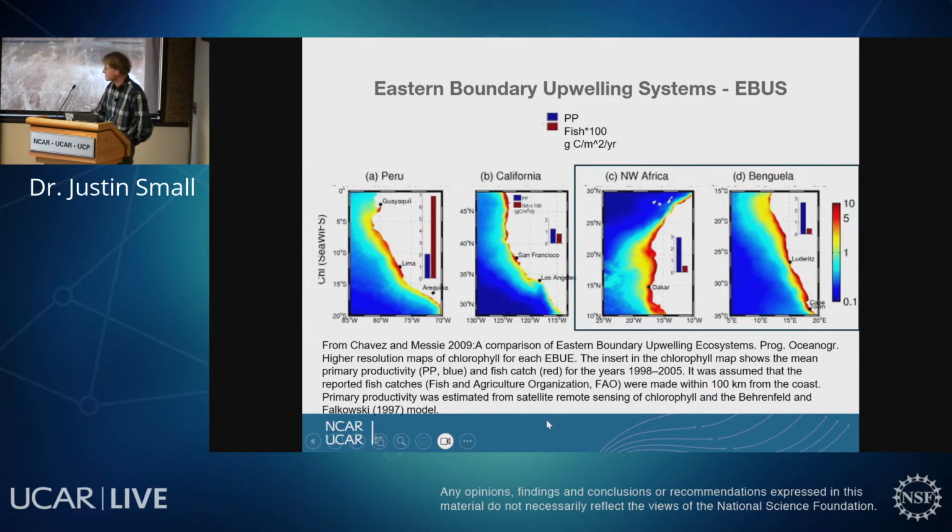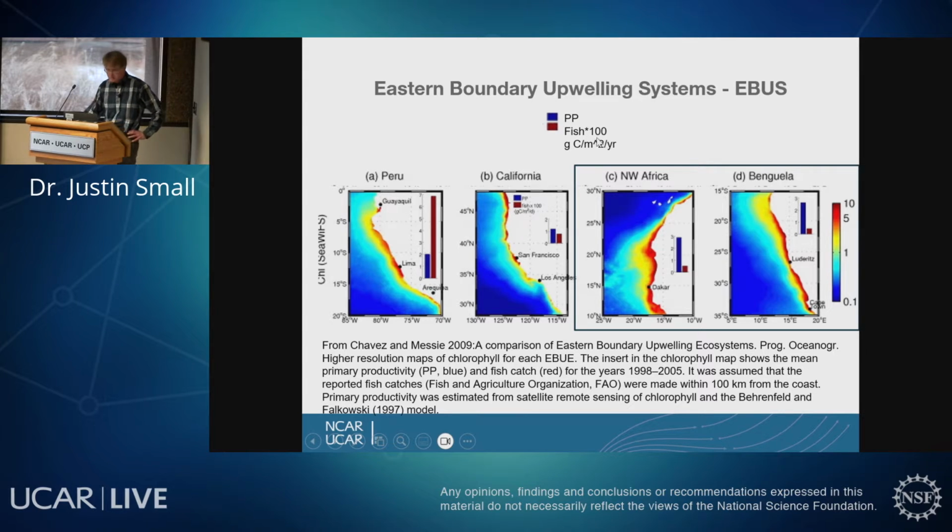Now, from the same review paper, let's look in a bit more detail at these systems. I've boxed the African systems, but I'm going to be comparing with the Peru upwelling and the California Current system, which are the two other main ones. I'll point out that the colors are the chlorophyll. The bars here, and particularly the red bar, let's go up to the key here.